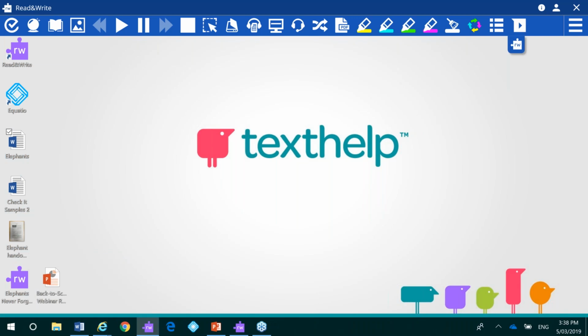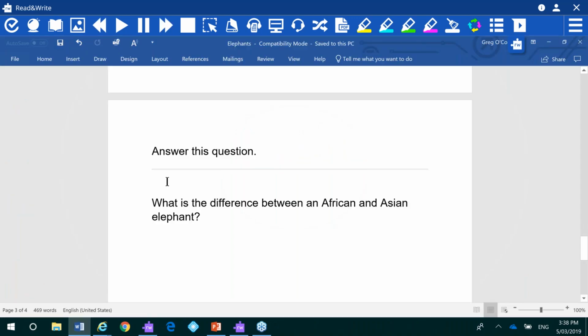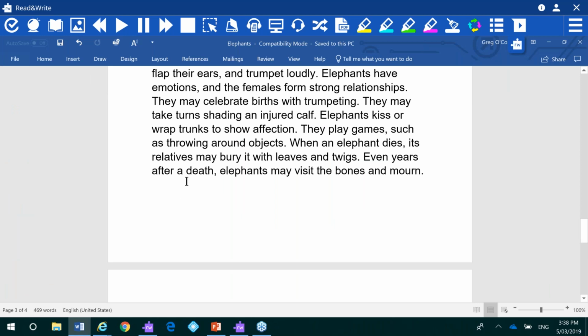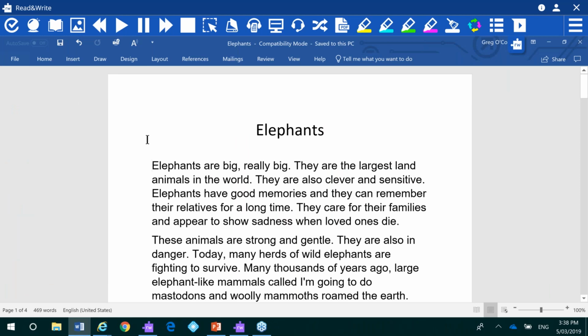So I've got a Word doc. I'll open up a Word doc, go to the top of the document here, and just show some of the reading features in Read and Write for Windows. So I put my cursor at the beginning of the sentence. I want to be able to have this sentence read back to me for a number of reasons. Maybe I'm struggling with reading that. Maybe my words per minute rate is not fast enough for comprehension. Maybe I'm just getting too much stuff, and it's actually better for my cognitive load if initially someone reads this to me, so I can get my computer to do that using Read and Write and press